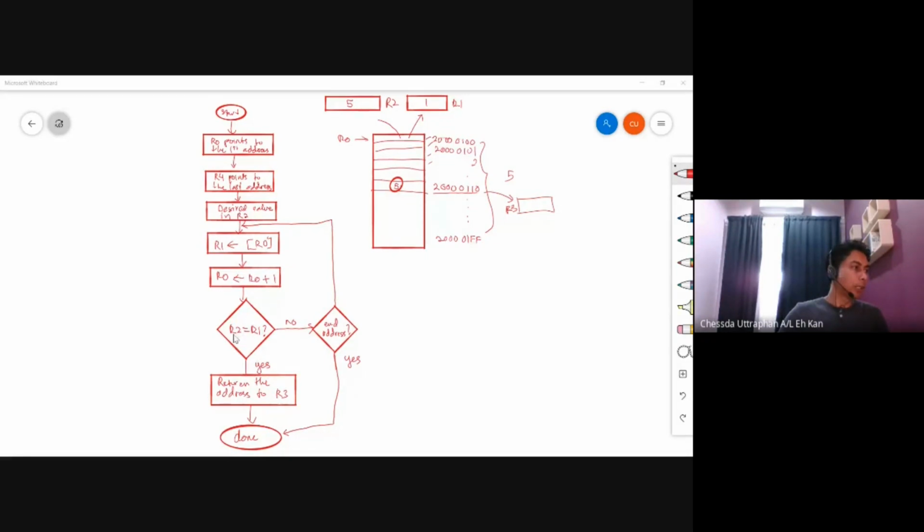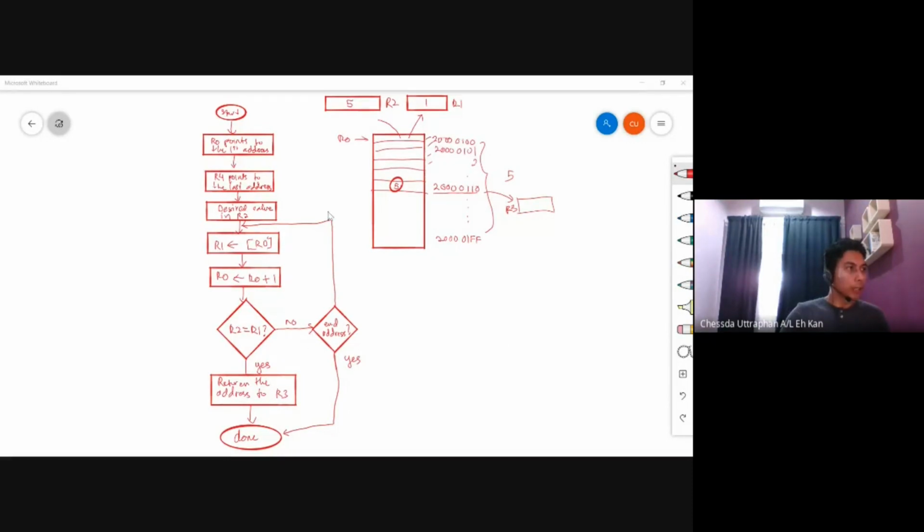So here we compare whether the value in R2, the desired value, and the value from the memory are the same or not, equal or not. If equal, it means that we have found it already. Okay. So if found, we just return the address of that number into R3 and our job is done here. But if not found,